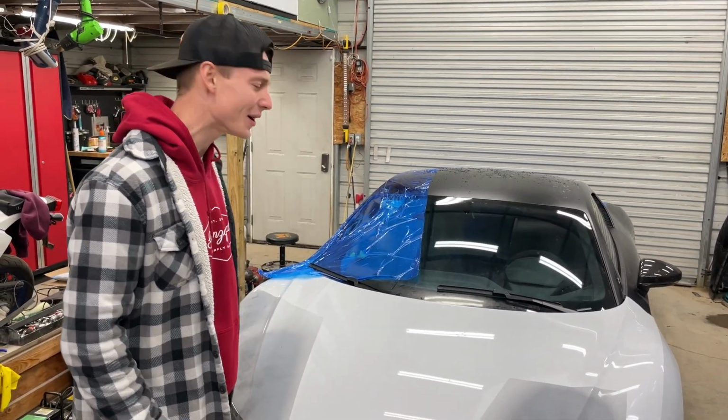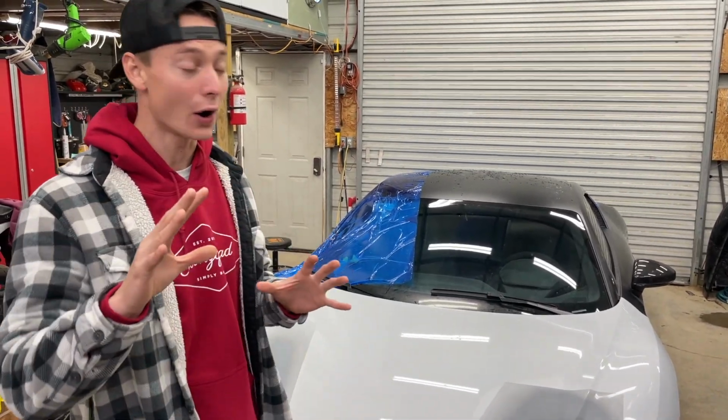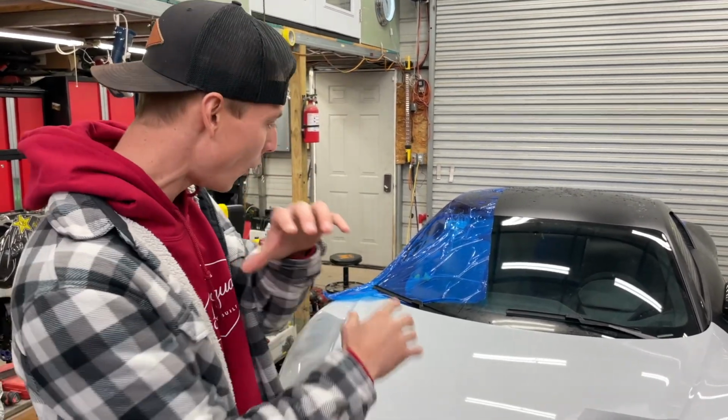What is up guys? Welcome back to the channel. So today we are here at the original Goon Squad garage, and today we're going to continue working on our 2020 Audi R8 Decennium. And as you guys seen in the previous video, we knocked out some pretty major body work on this hood right here, and we're almost done with all of our body work. All we really got left is a little bit of body work on that quarter panel, which we showed you guys. That's just gonna take a couple minutes, and then we'll be ready to wet sand the whole entire car,